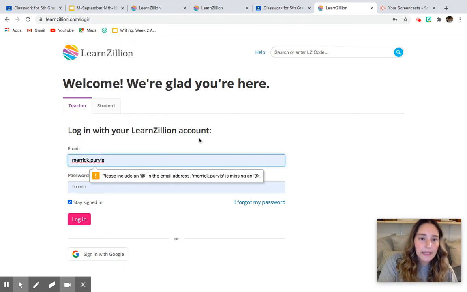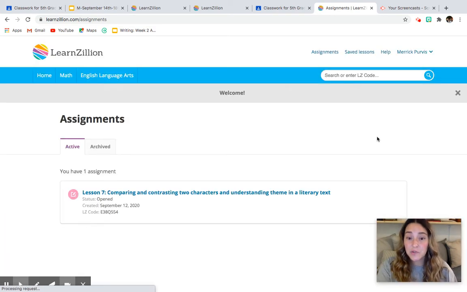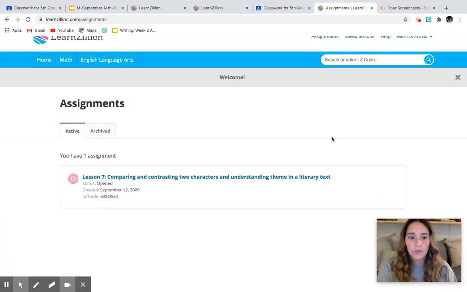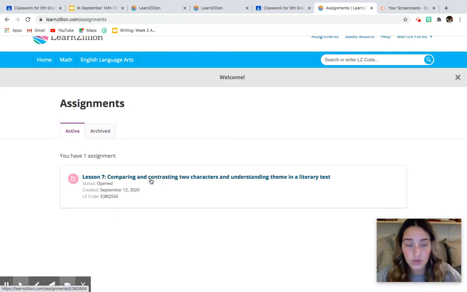All right, so log in. Student account, log in. It will ask you if you want to use your Google account. In this circumstance, don't. And then it will have this assignment page. It says active and archived. Once we finish and I grade your lesson 7, for example, once I grade what you're supposed to do in this lesson, I will archive it. That means it's done, because what this slide does is it does the teaching of the assignment for that day